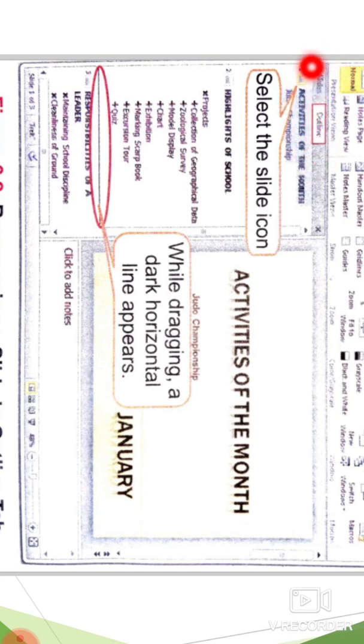When you click on the slide button, the thumbnail image of the slide will show on this side, but here the outline button is clicked. So when you click on the outline tab, all the text you have written on the slide is shown on this side, which means only text will show on the left side of this screen.